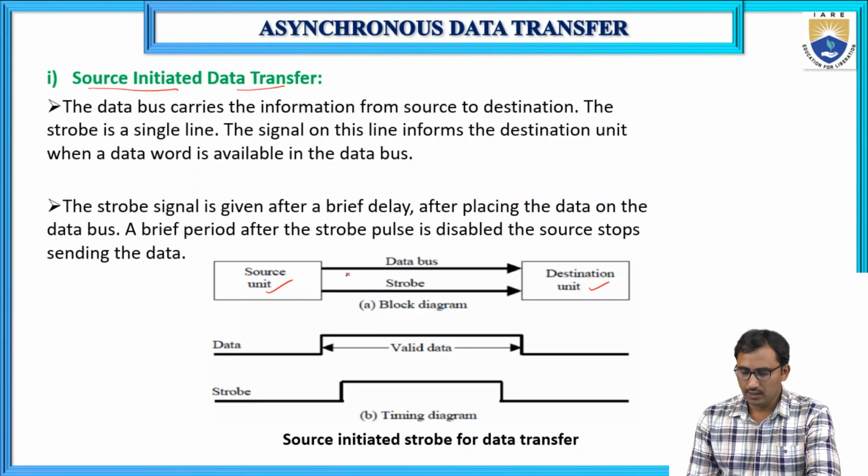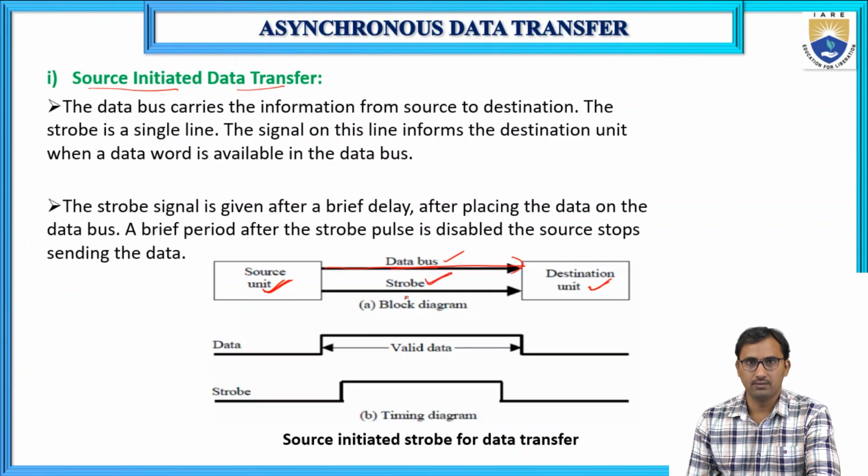The source unit and the destination unit are communicating by means of two control signals. One is the data bus and another one is the strobe pulse. The data bus carries the data to be transmitted. That means we are transferring some information from the source unit to the destination unit. Whatever information is to be transmitted passes through this data bus. Once the source unit places valid data in the data bus,